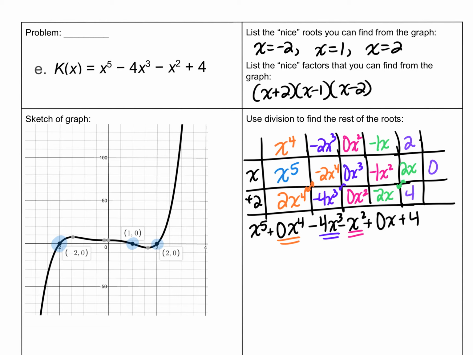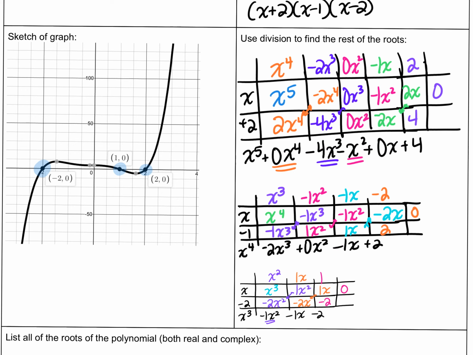Okay, so I'm going to go ahead and pause the video, divide by my other 2 factors, and then you can come back and we can compare our quadratic. All right, so we end up with our quadratic down here of x squared plus 1x plus 1. And then from there we can find